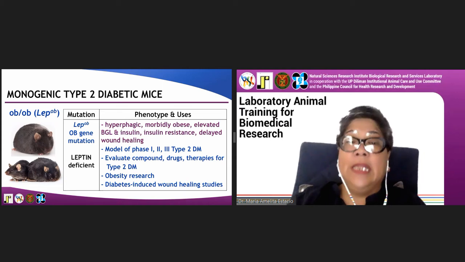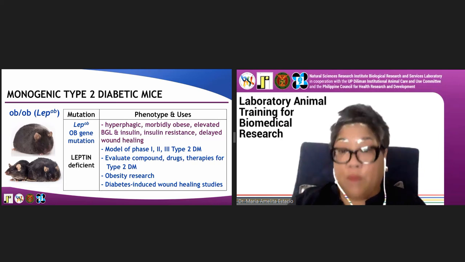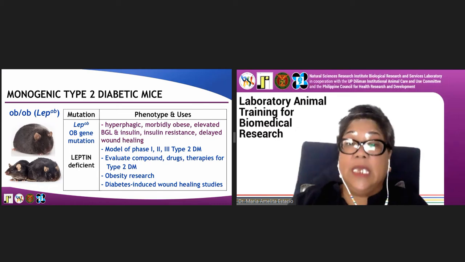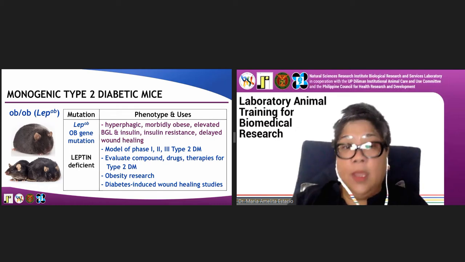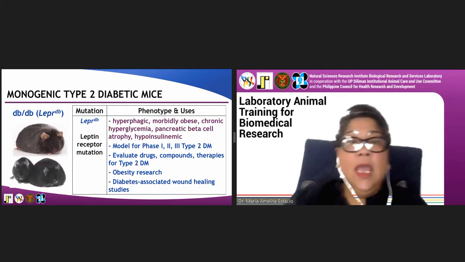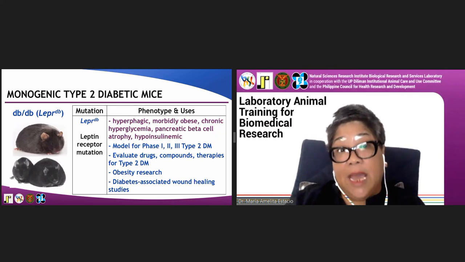And if you are interested in wound healing studies, if you have a biomedical product for wound healing and you want to test it, since diabetes-induced wounds are long-term, then you can also use this particular model. Now, let's talk about another monogenic type 2 diabetic mouse, and that would be the